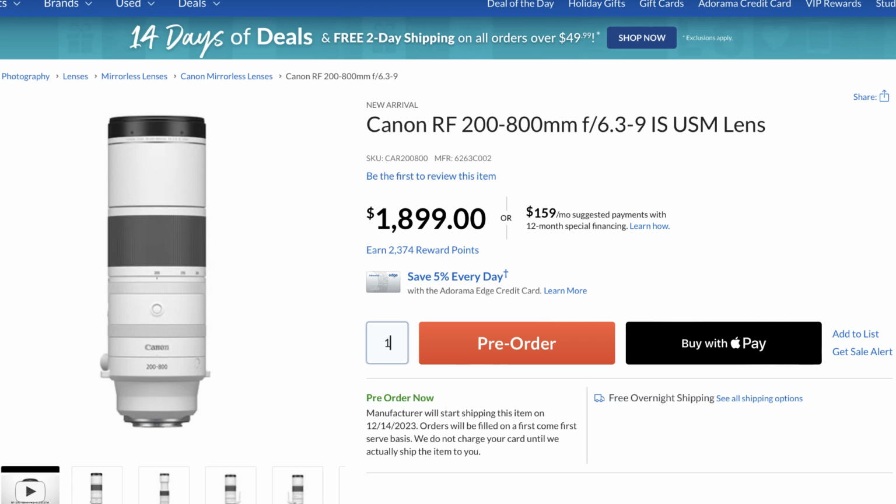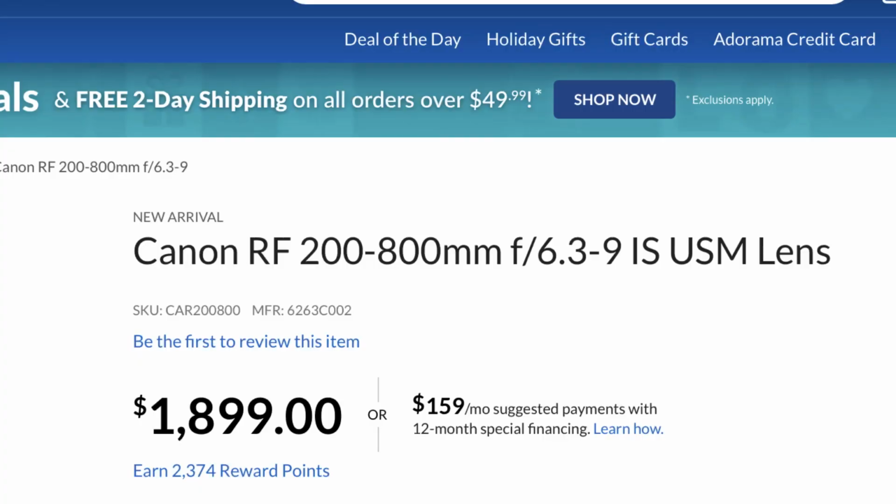So I got an invite in last night from Adorama. The Canon 200 to 800 mil lens is up for pre-orders. I put in the pre-order probably around midnight last night. $2,000. It's an f6.3 to f9, which some people aren't excited about, but let me show you the reason why